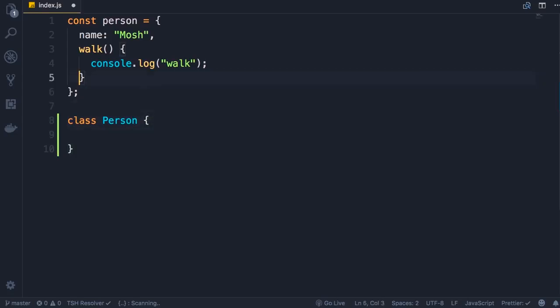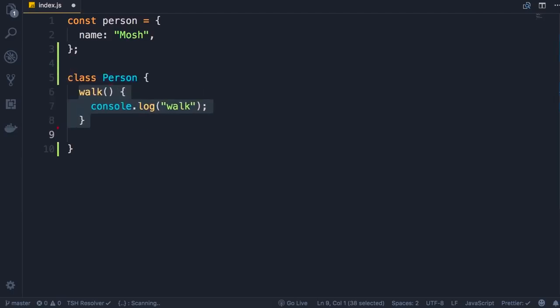Now we need to move our walk method inside our Person class. So I've selected this code. I'm holding down Alt and then pressing the down arrow. So we can move it like this. Easy, right? Finally, we need to add